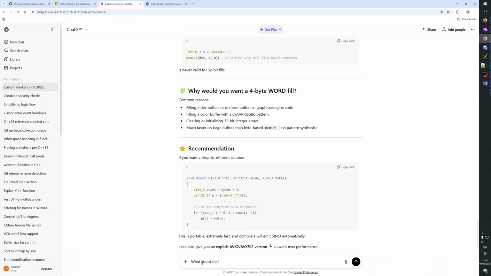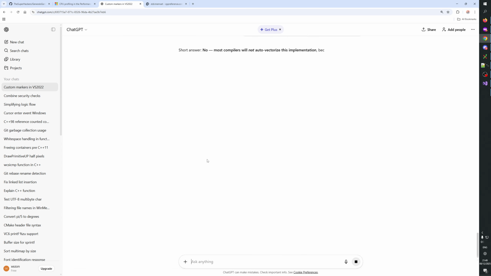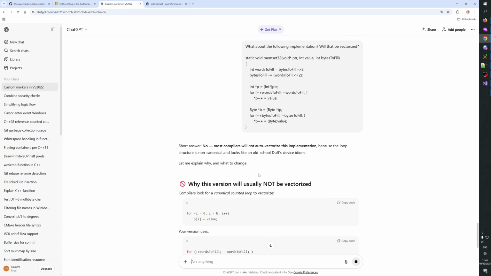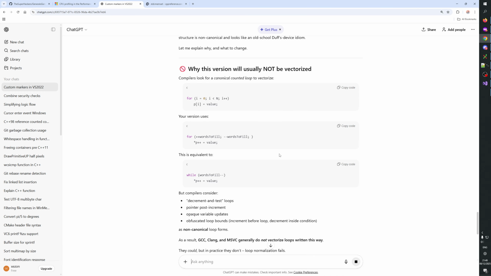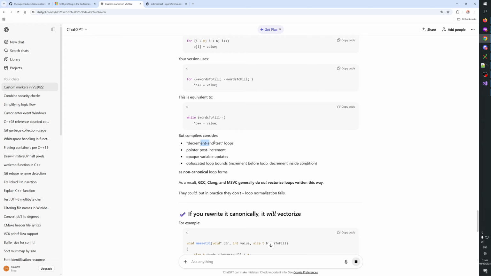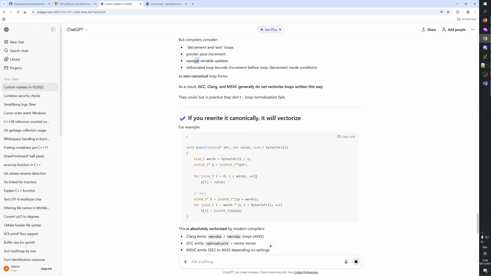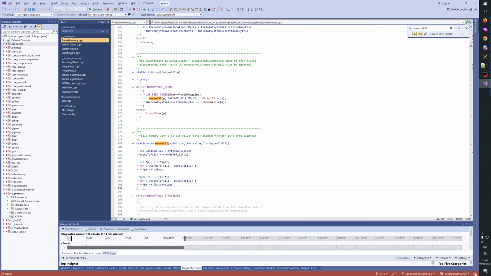What about the following implementation? Will that be vectorized? No, this implementation is not auto-vectorized. It's the non-canonical, old school Duff's device idiom. Okay, how about we take this implementation